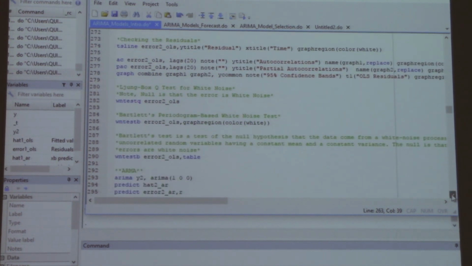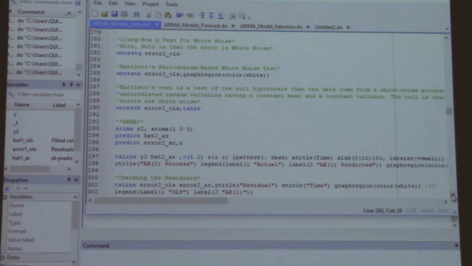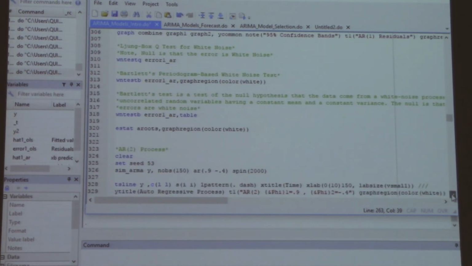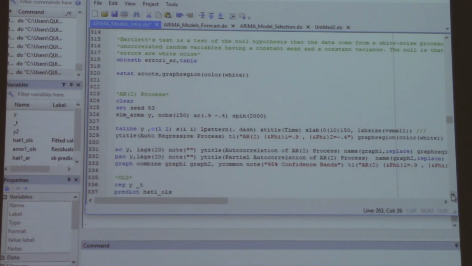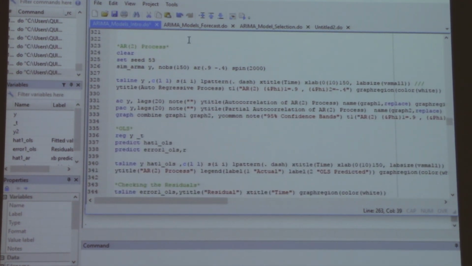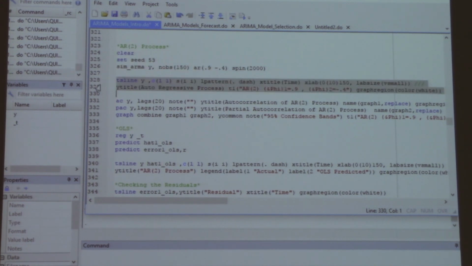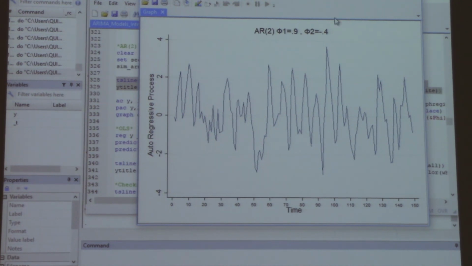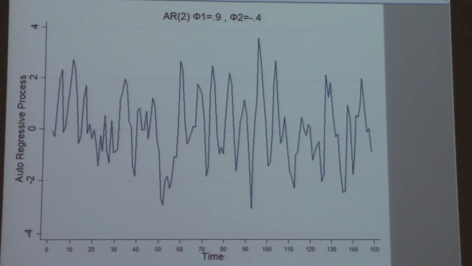Let's see, OLS2, this is the second one. Here's an AR2 process. All right, so this is an autoregressive 2 process, of order 2, that's the terminology. Let's see what it looks like. Yeah, it's not that obvious in there. It's not as obvious as the autoregressive of order 1 with phi of 0.9. Now we've got